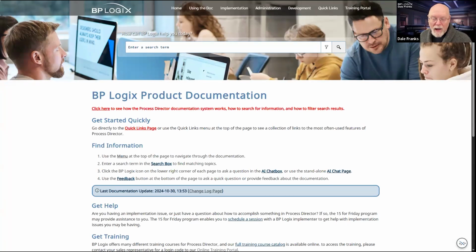What we do have in terms of how-to stuff is the training that you can find on training.bplogix.com. Many of you who've been around for a while used the old training site on Litmos. It still exists. We're not bringing new people onto it. But much of the how do I do stuff, how do I build stuff, is incorporated into the core, intermediate, and advanced training courses that you can find on Reach.